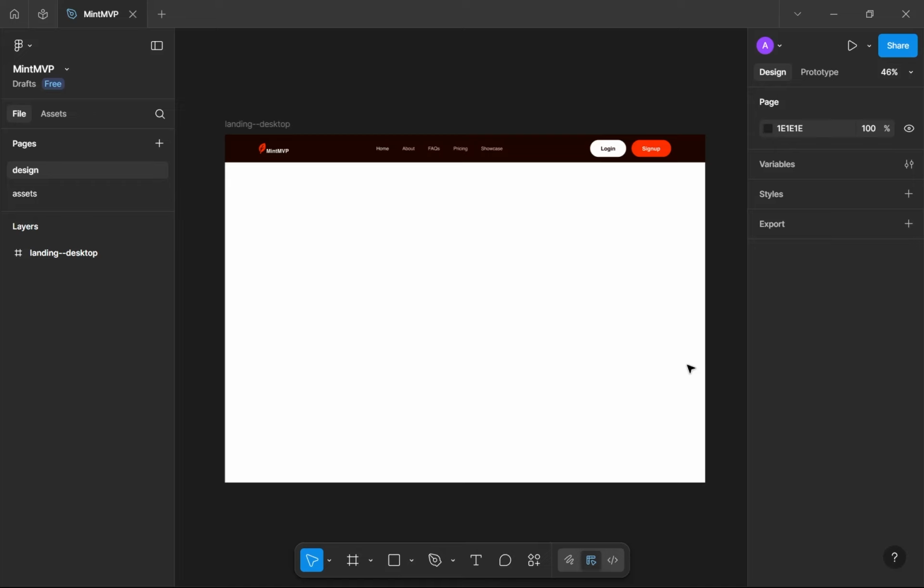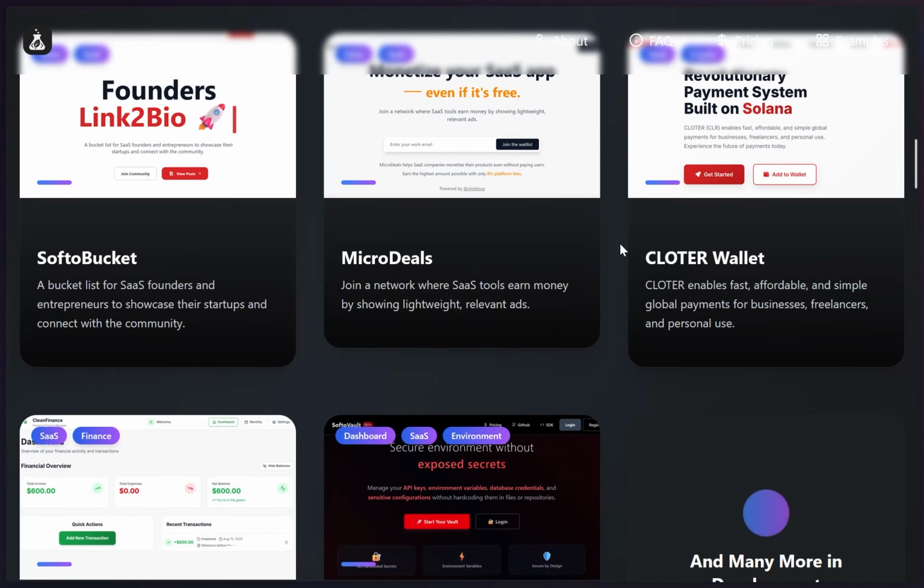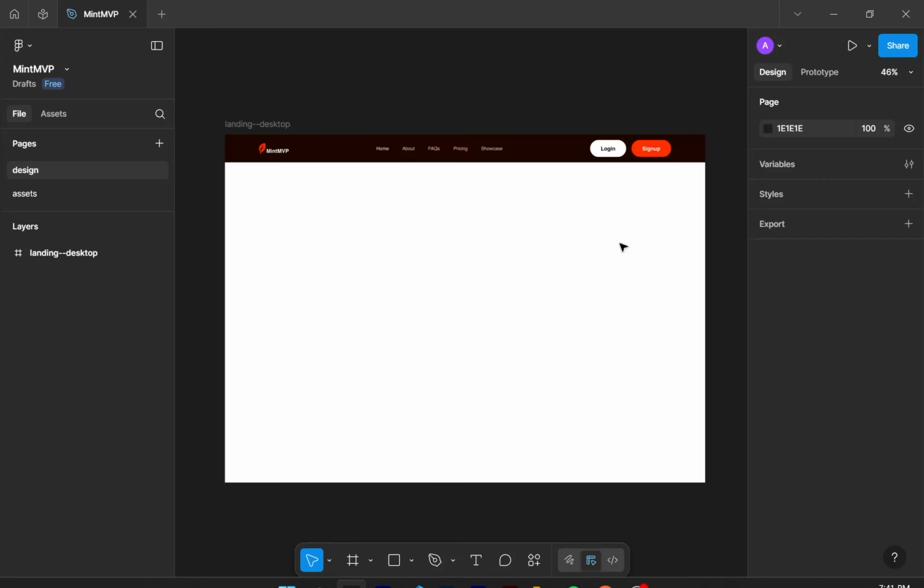Welcome everybody to the second part of this tutorial series where we are redesigning this website belonging to Mint MVP. Last time we finished creating the nav bar, but today we're going to be focusing more on the hero section. The hero section is one of the most important, if not the most important, parts of any landing page because it's the first connection your user will have with your website, and that will either make the user excited and want to look at your website more, or turn him off and just bounce